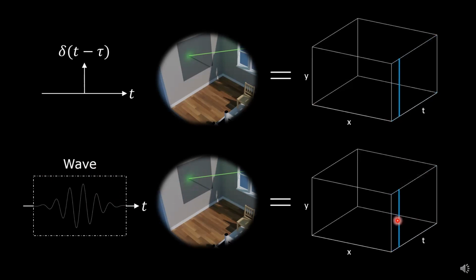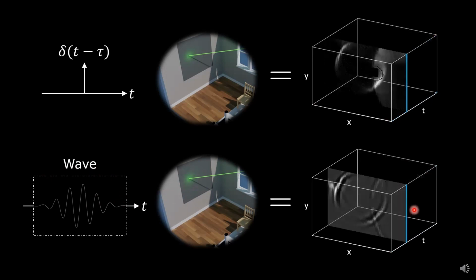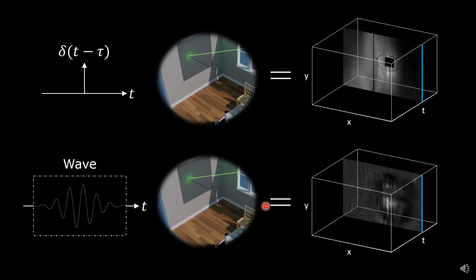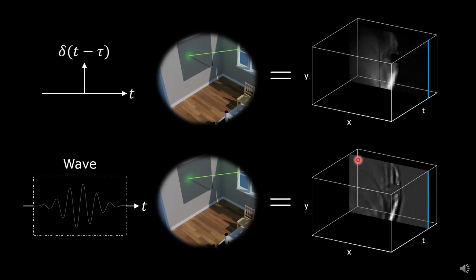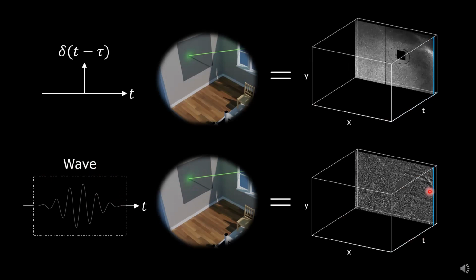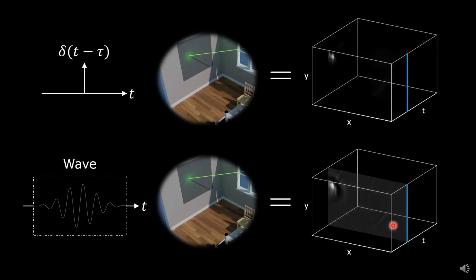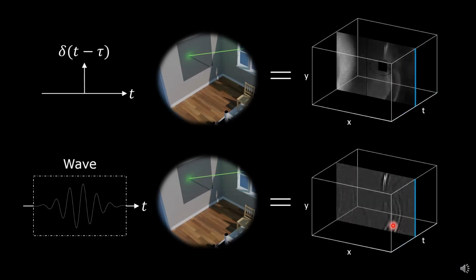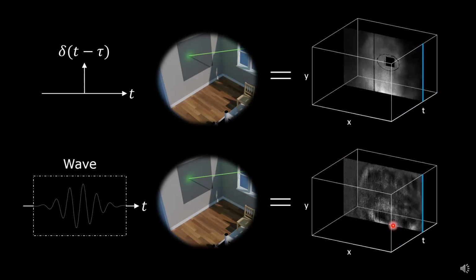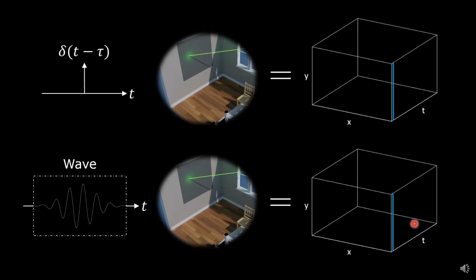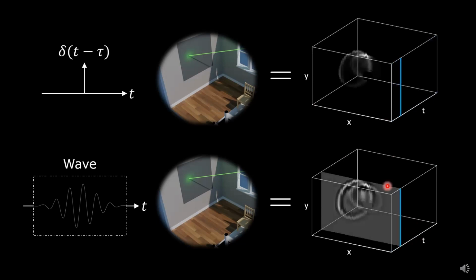So basically, this is the wave that would come out of the scene if you send a pulse of that wavelength, like an ultrasound pulse or something. And why do we do this? Well, the reason is that you know how to reconstruct an image from a wave. This could be a phased array microwave imager, a phased array radar imager, a phased array ultrasound imager, or a gravitational wave imager. Imaging from waves always works the same, and we know the mathematical operator that does that. So we just implement that.